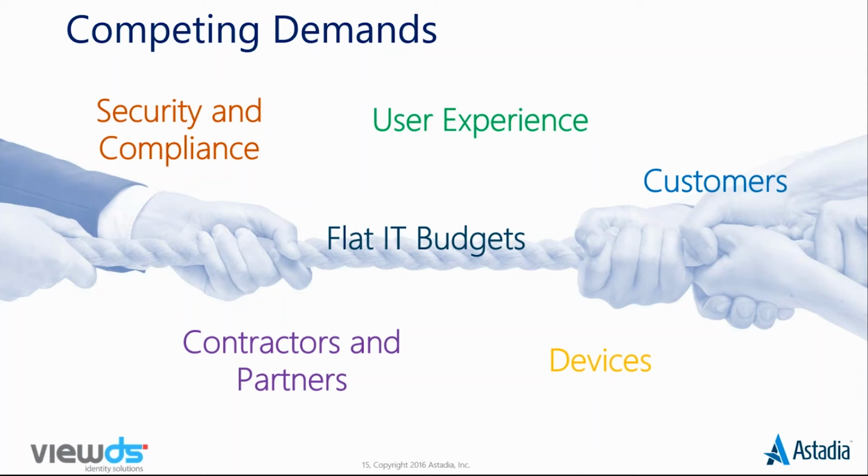Most organizations have projects to provide application and data access to contractors and partners, and everybody's got some sort of customer engagement project where customers can log in and find out the status of their order, get access to product support information, or file a warranty claim, and so on. So IT organizations have lots of projects competing for time and attention. It's not just about getting stuff into the cloud. The cool thing, though, is cloud-based identity can help with a lot of those things.